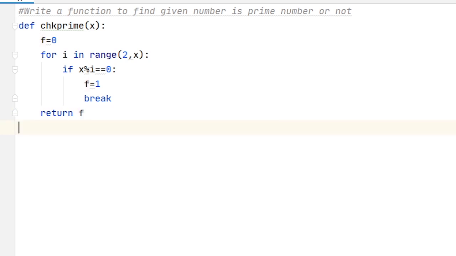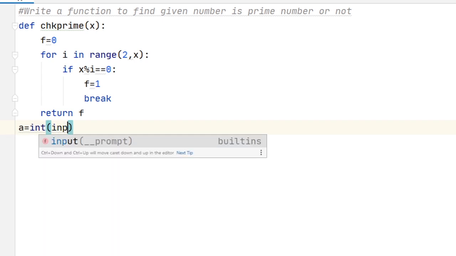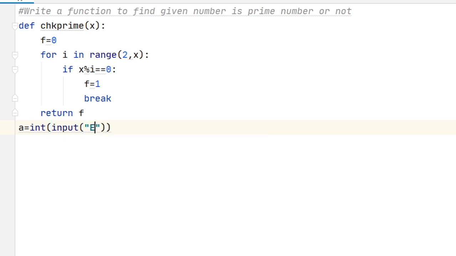Now I write the main program. First I take input from the user: a is equal to int input, enter a number.